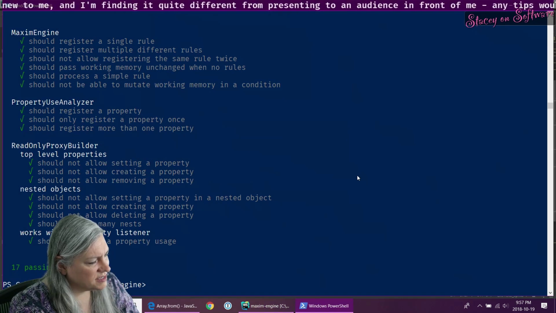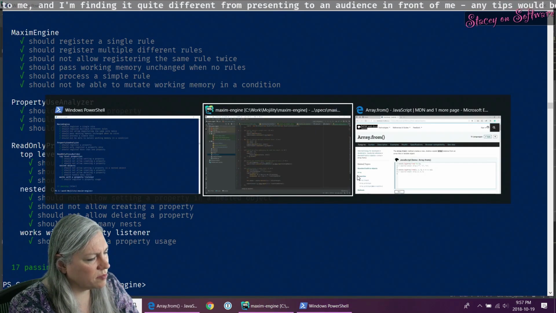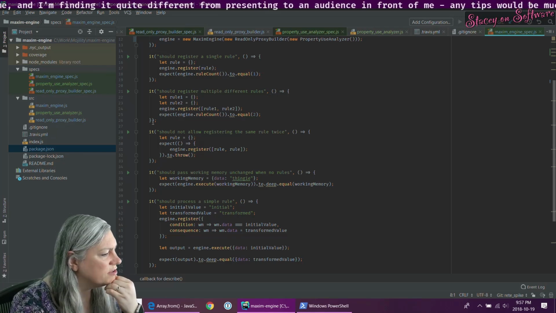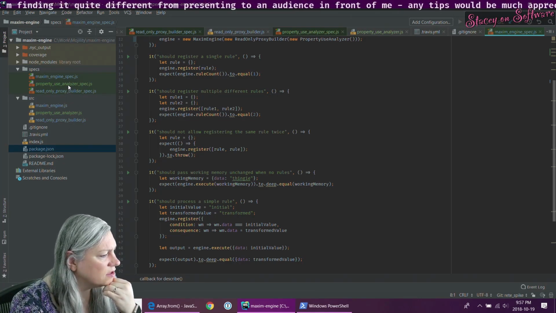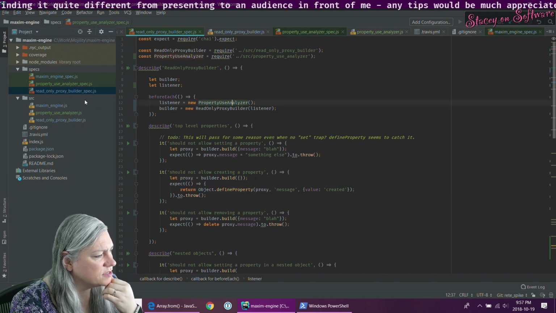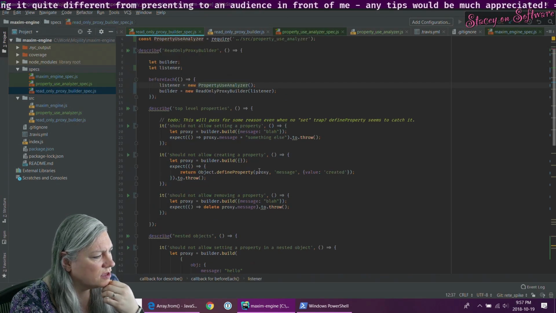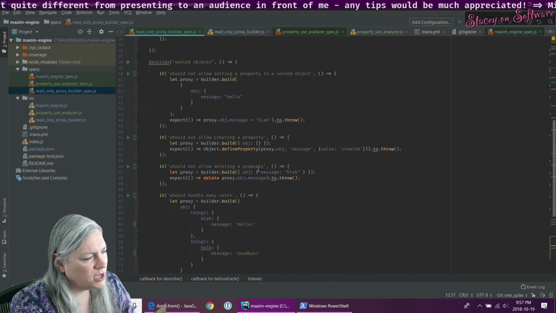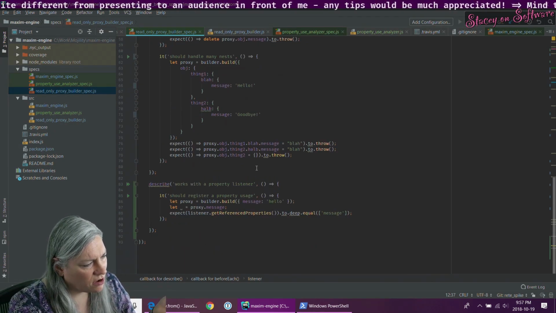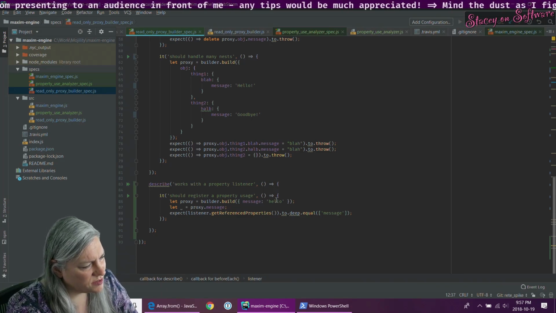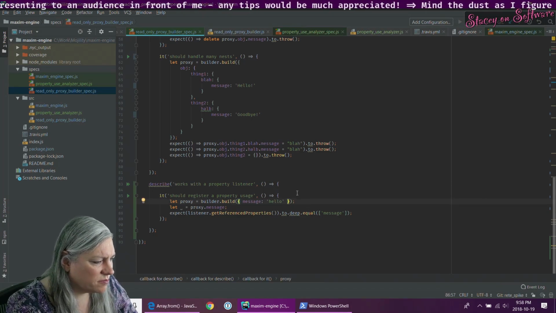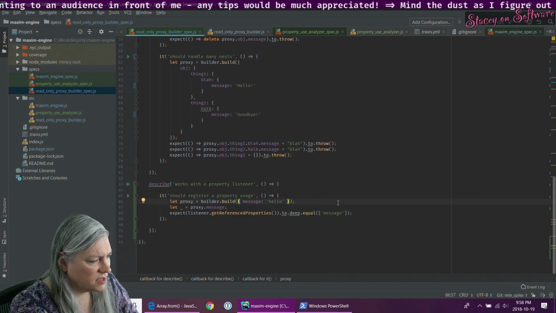Okay, so I'm passing tests that are telling me what? I have the property use analyzer that's being used by the read-only proxy to register all of the fields that I see. Let's just register a couple of them just for fun.